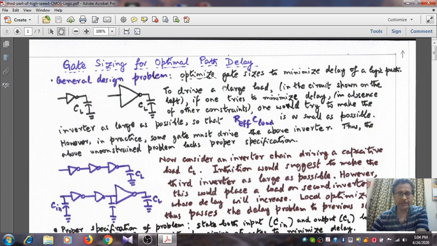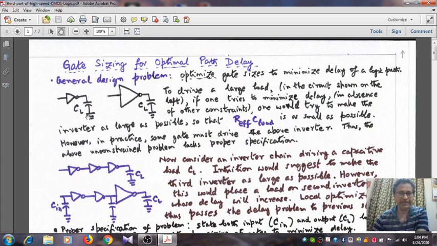Now to start with the problem, let us assume first that you have got an inverter driving a capacitive load, and this capacitive load is of considerable value, say 100 femtofarad or even 1 picofarad. Now to drive a large load in the circuit that you have shown, you remember that on the assumption that the input is a ramp, a linear ramp, not a step, what is the delay? Delay is nothing but the product of the driving resistance and the capacitive load. So it is R effective and capacitive load, their product.